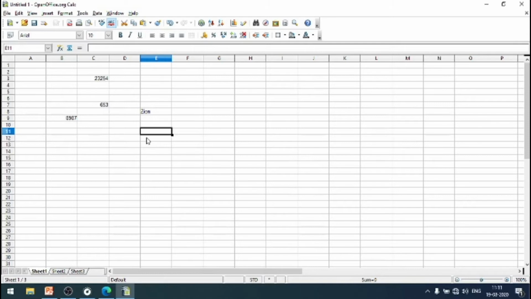How? It's very simple. You just type a single quotation mark, followed by a number. Now this number has been converted into text. Actually, it will become text data. You see, text data. See, the alignment is left. The default alignment for text is left.